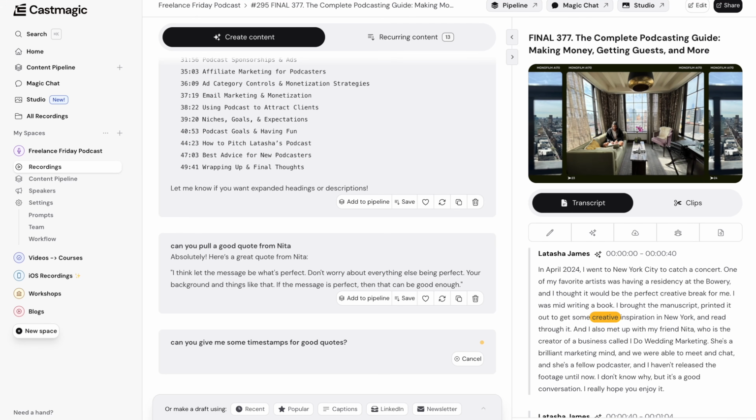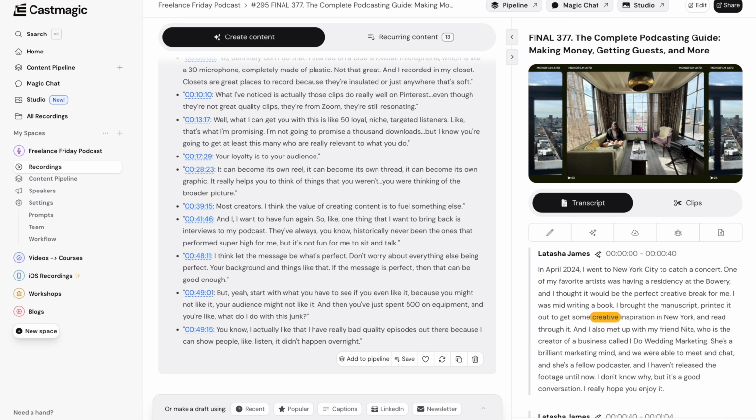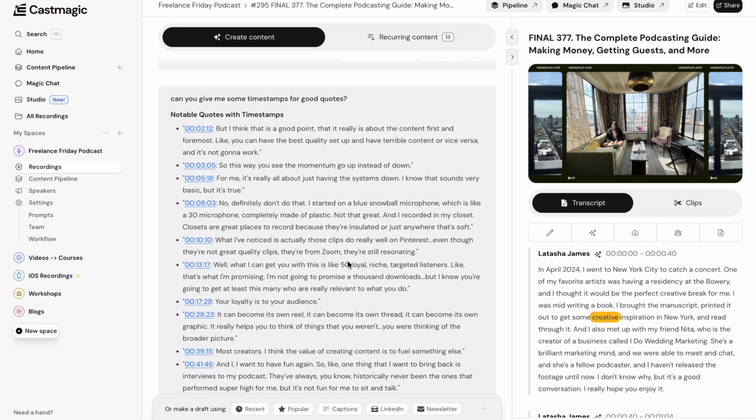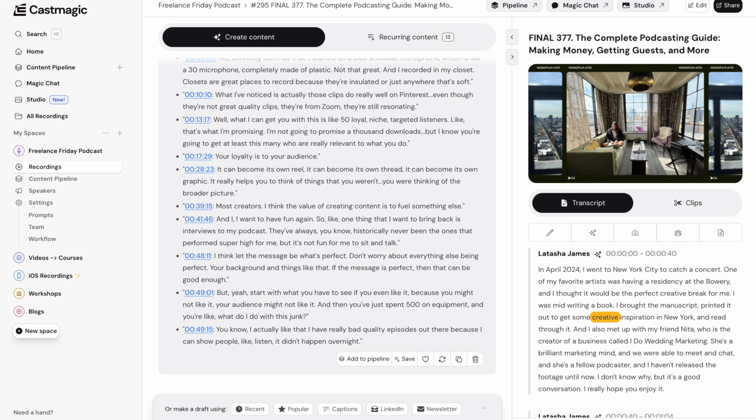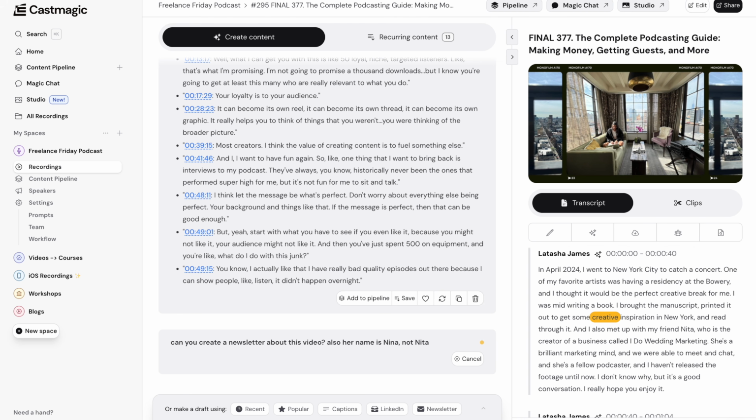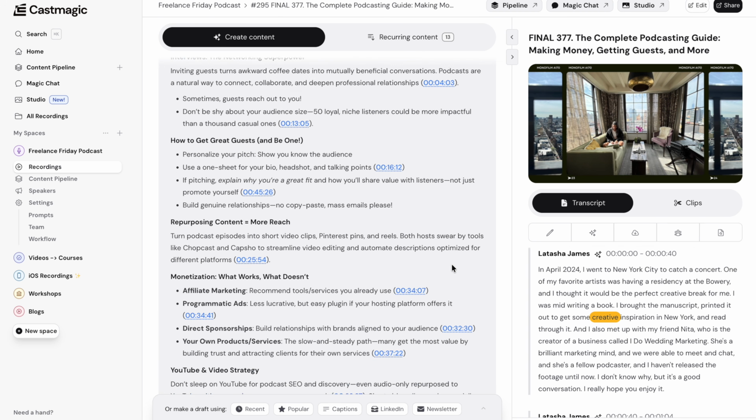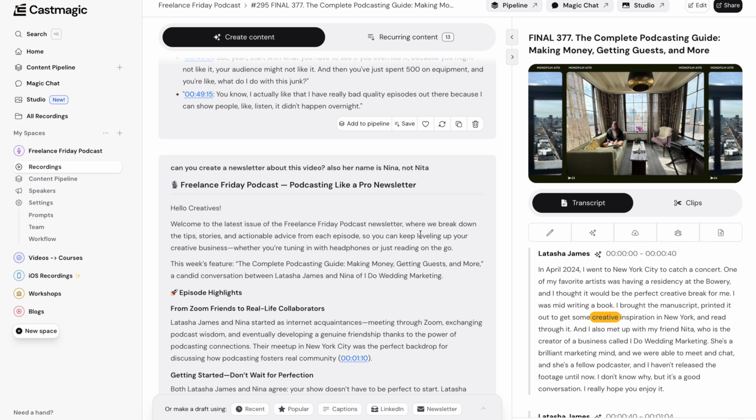With Castmagic, there's a lot of other things that you can do too, but I really don't use any of the additional features. I like to write. Especially for my emails, it truly comes from my head and my brain and my heart. It's like a little note to you guys every single week, so I find it disingenuous to use an AI tool to write it for me. But if you are not a strong writer, you can ask it anything: give me a hook for my email, give me recommendations for clips, or give me recommendations for filming a face-to-camera TikTok that promotes this video. And because it has your video in there, it can scan through, give you the correct timestamps, and do all kinds of things for you.